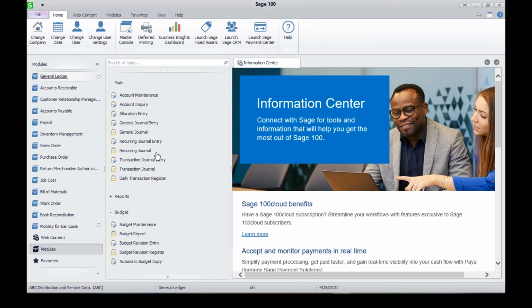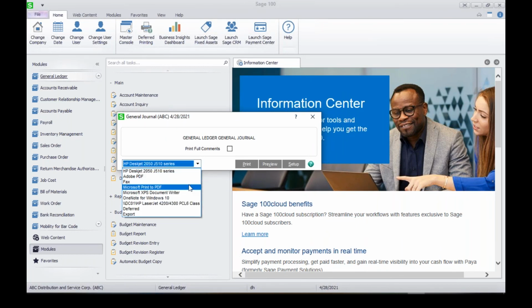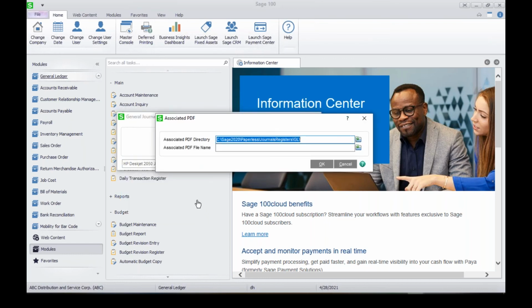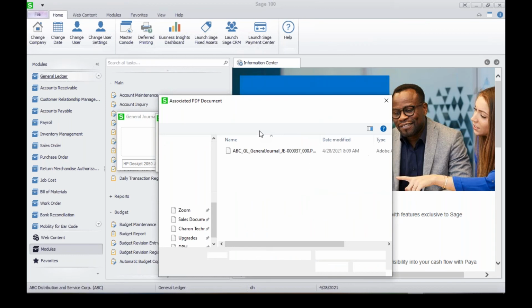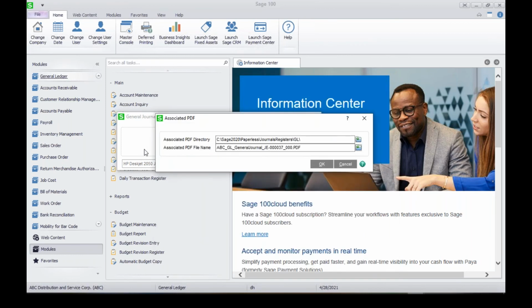Once I click the print register or journal, the system knows that it's set up for paperless. So once again, you do not have to choose a PDF output here. If I click print, it also will know if you wanted the option to attach an associated PDF. So if I click out here and I pull in, I guess we'll just pull in this one and say,